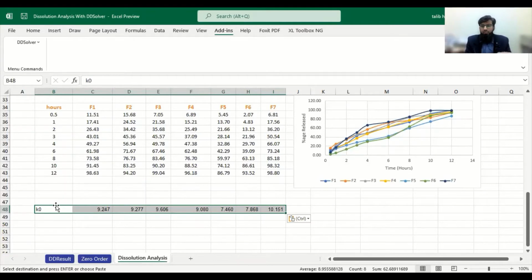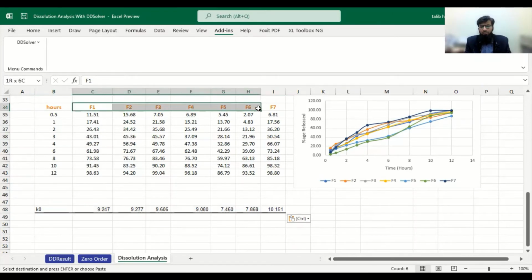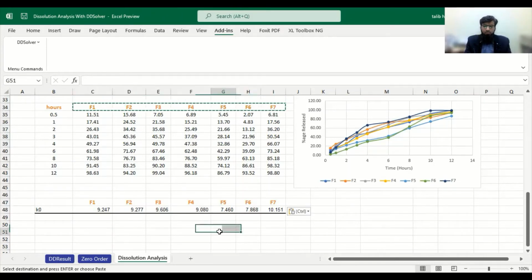It can be pasted transposed, for example, it will be pasted downwards. As we have written the formulations F1, F2, F3 in the columns, this one is pasted along the columns. For example, if we copy this one over here, it will give the same description.